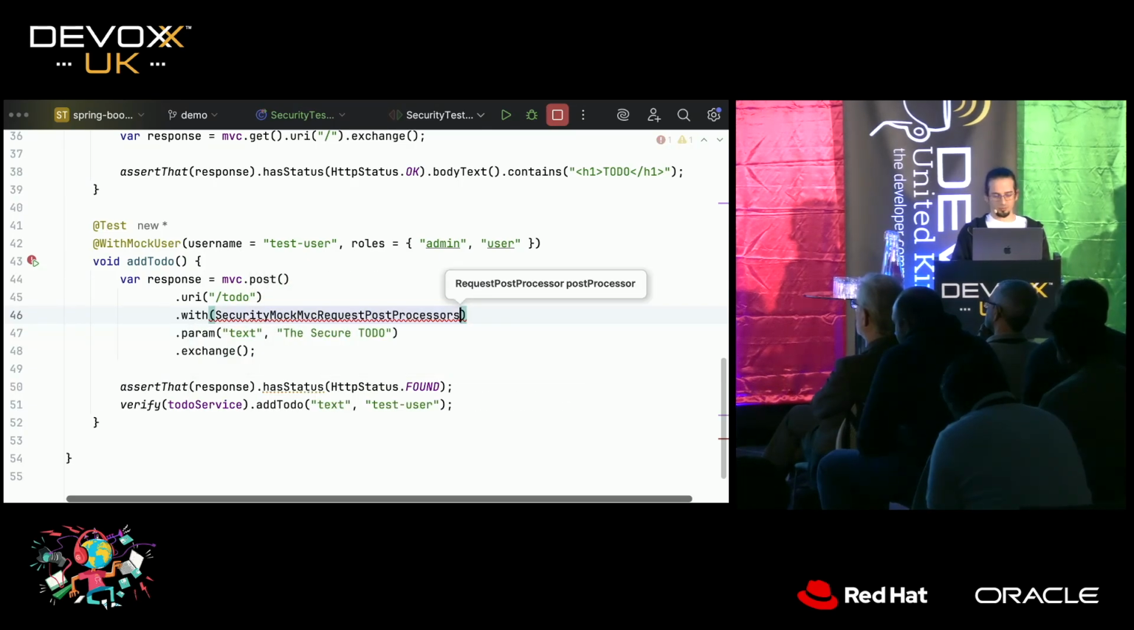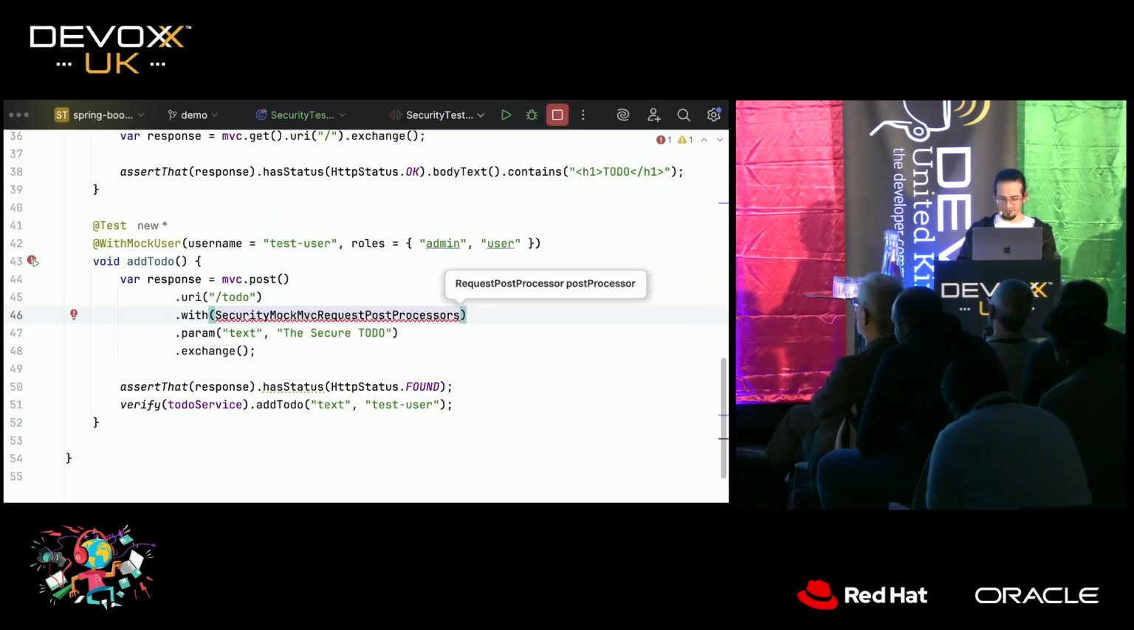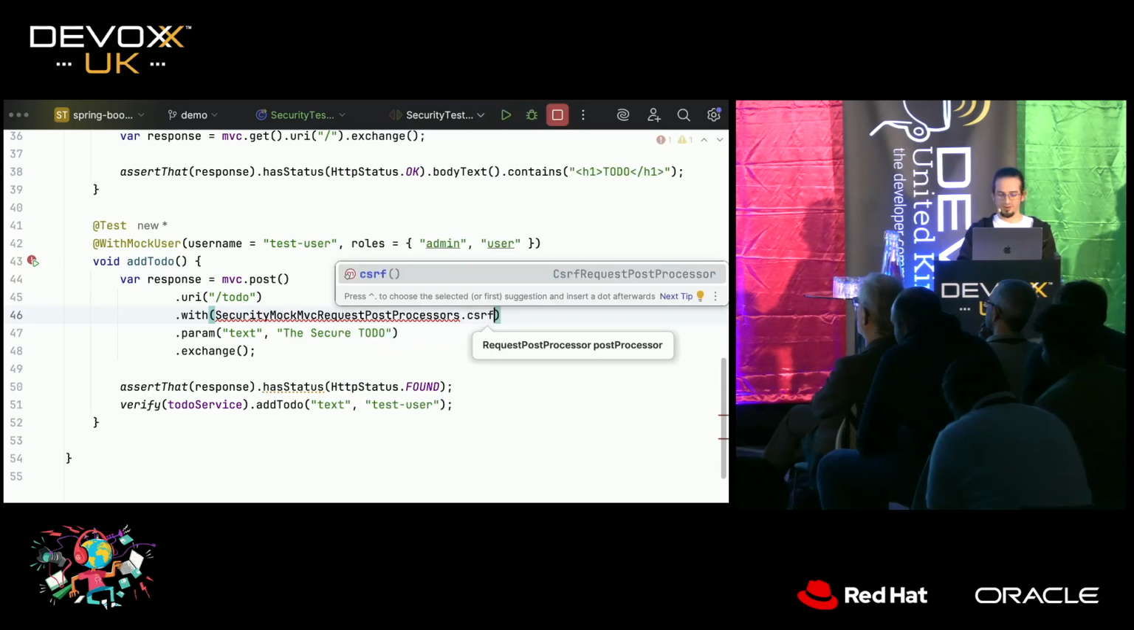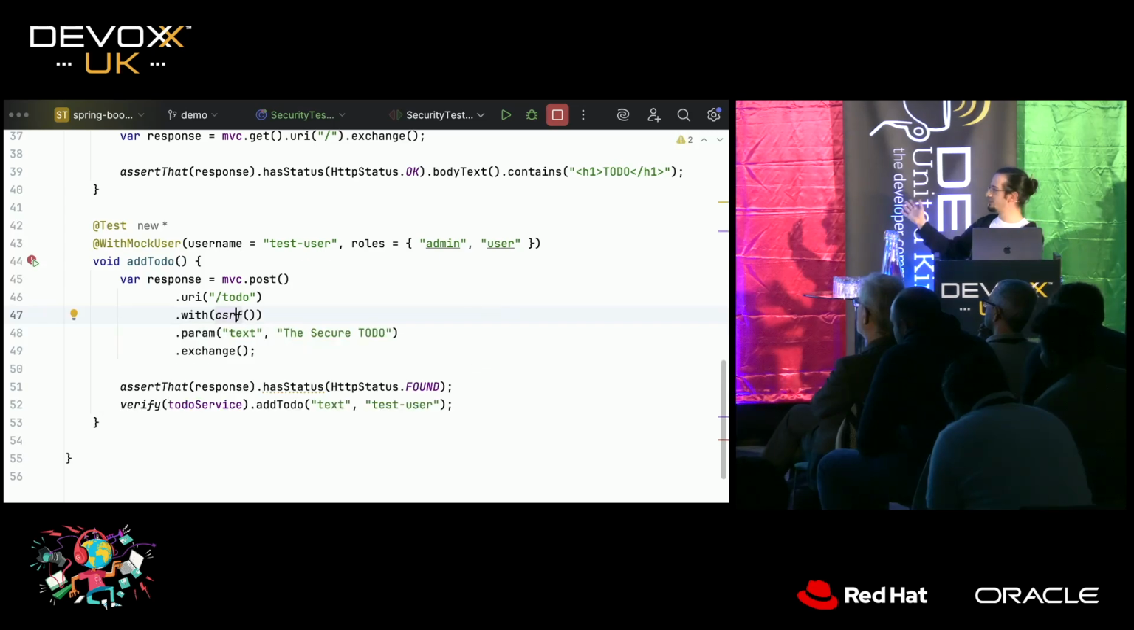mock MVC request post processors, bathe in the beauty of Java. It doesn't have factory here yet. I'll see if we can change that. And in here, there's a CSRF one. Oops, sorry. Remove that. Right. With CSRF. And now,